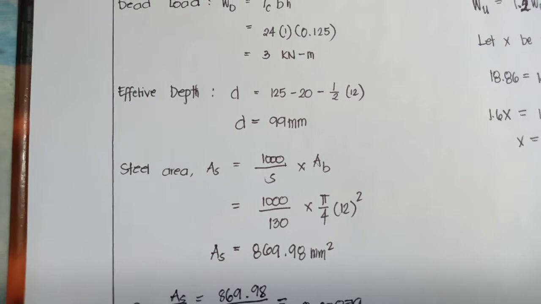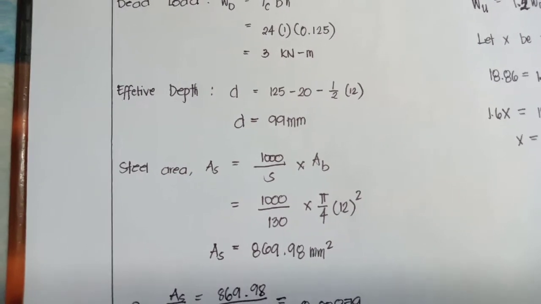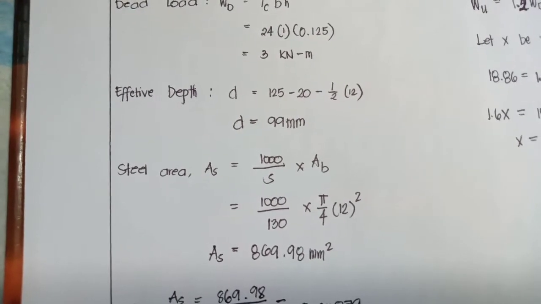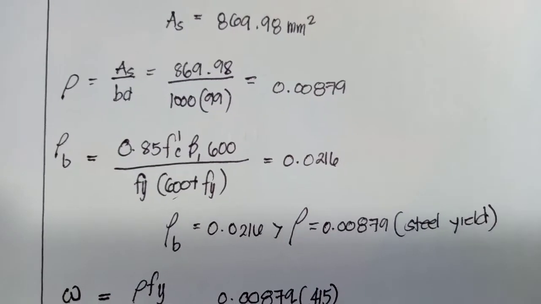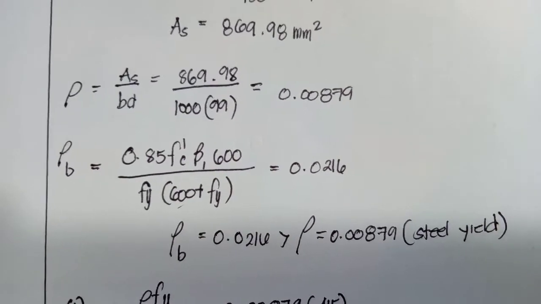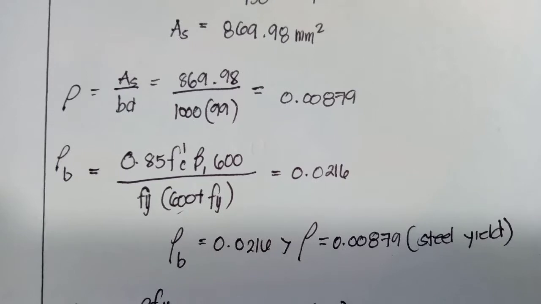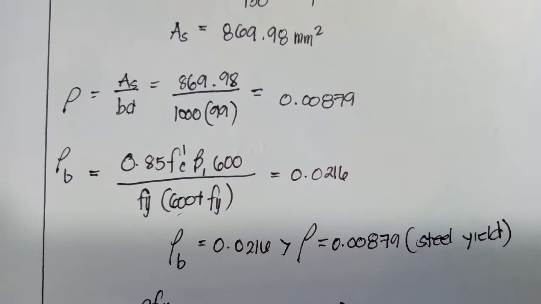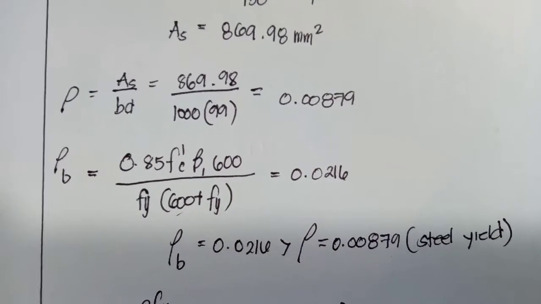Substituting the values, we obtain the steel area value as 869.98 mm squared. Now we can solve for the value of the required steel ratio. We have the formula ρ equals As divided by b times d, and substituting all the values, we obtain the value of the steel ratio equals